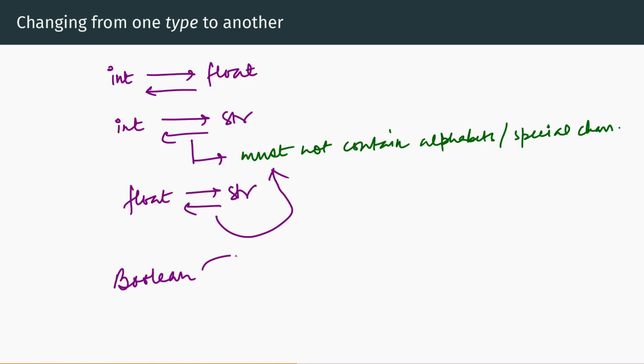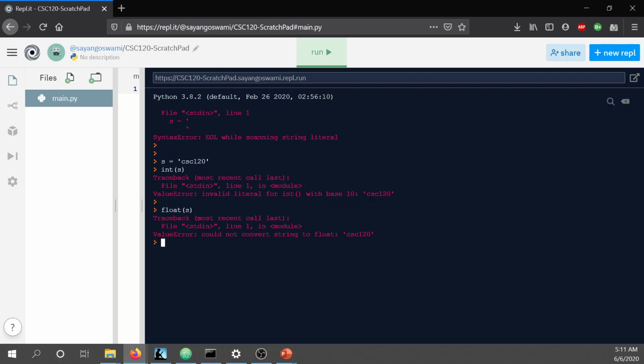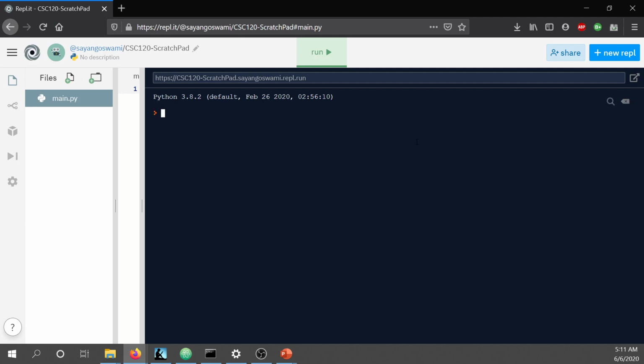So boolean can be converted to an int. Boolean can be converted to a float. It can be converted to a string as well. So let's see how we can do that. Let me clear the screen. And let's say we have a boolean variable b, and b equals true. So now, if I said int b,